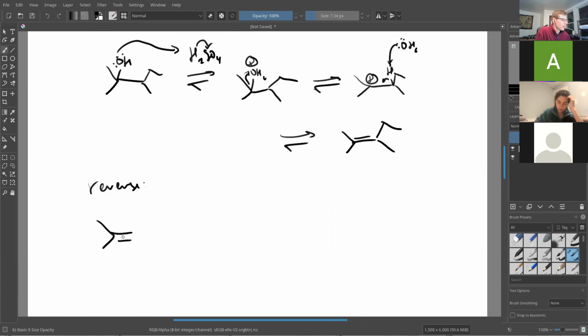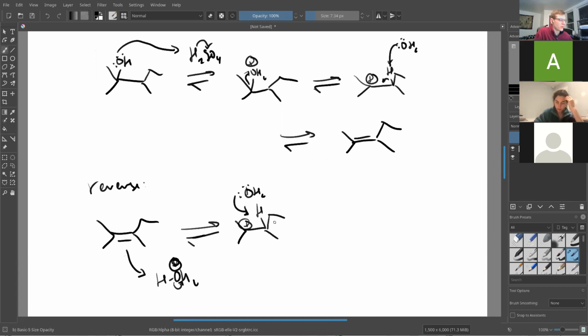If we were going like this, I'm going to donate these electrons to a water. And then there's that carbocation, and now I've got a bunch of other water floating around,